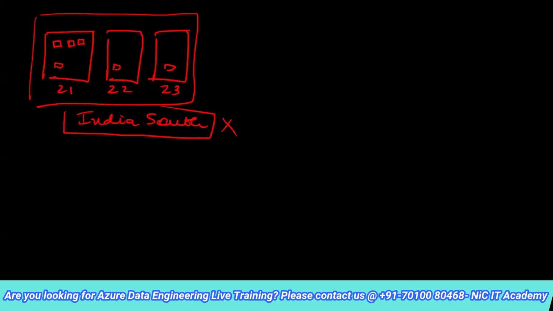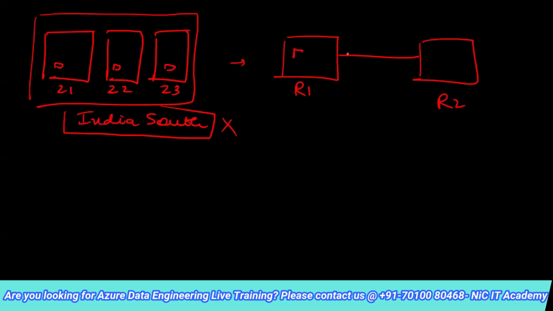So if you try to analyze what could go wrong here after you've replicated in all the zones, there could be a situation where the entire region has gone down. If this is going to happen, then a possible solution would be to have my data in region 1 and also replicate it to another region 2. Yes. Now you tell me, if I go from 1 to 2, am I increasing the availability? Yes or no? Yes. And that is absolutely correct. This is what happens.